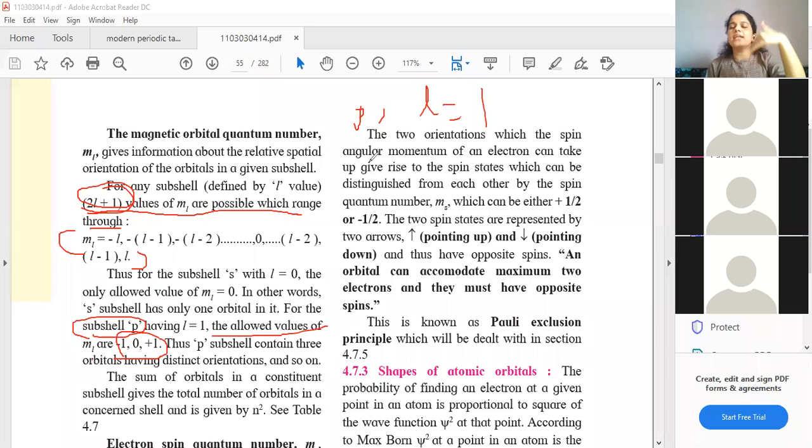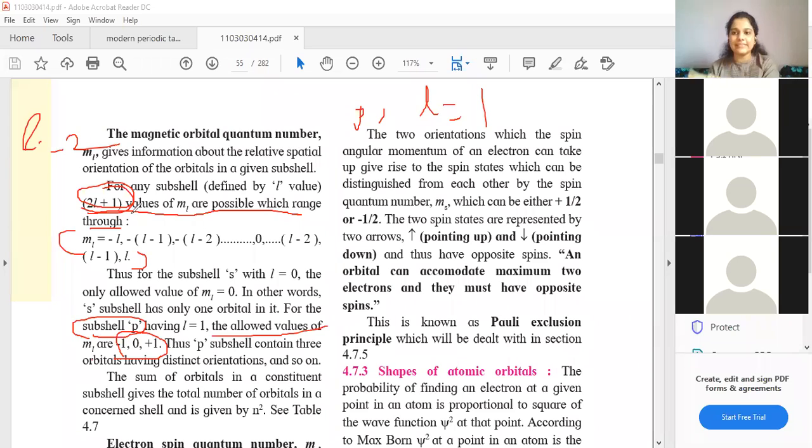Let us consider some other value. Let us consider when L is 2. Now you know that when L is 2, small l, which subshell am I talking about? What is the subshell that we are talking about? D. Very good. We are talking about the D subshell. So if I substitute L as 2 in 2L plus 1, you will get 2 2s are 4 plus 1, 5, right? So D has 5 orbitals, already discussed.